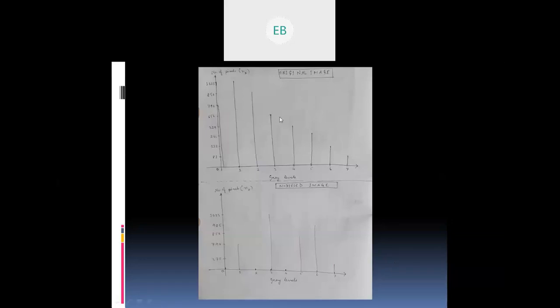So this is the original image. This is the histogram for the original image, and this is the histogram for the modified image. Okay,